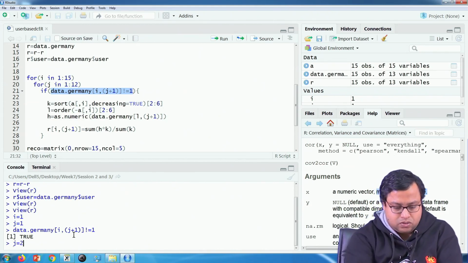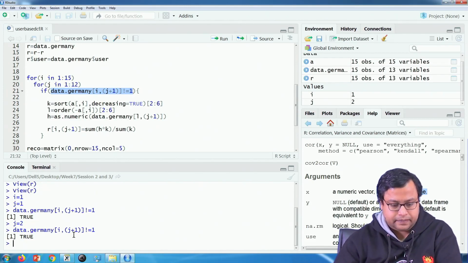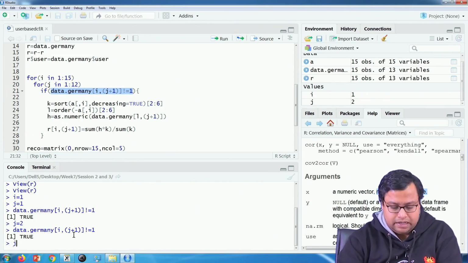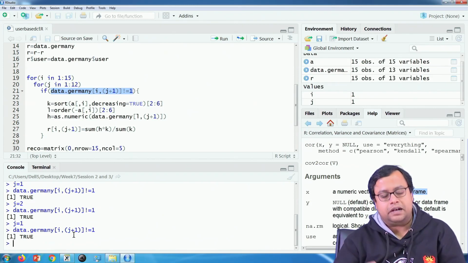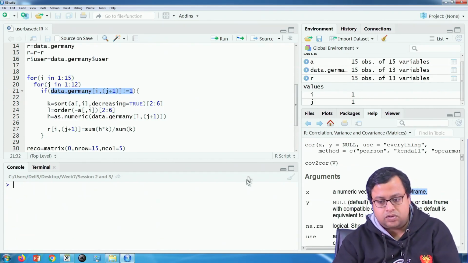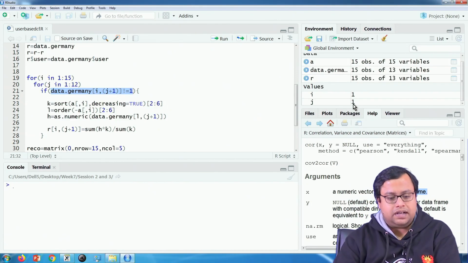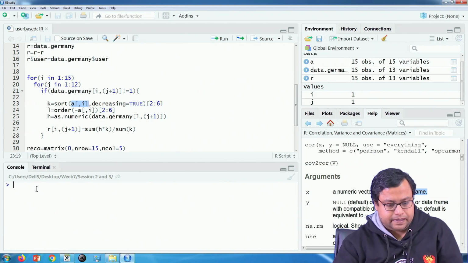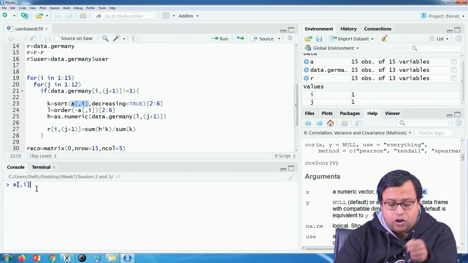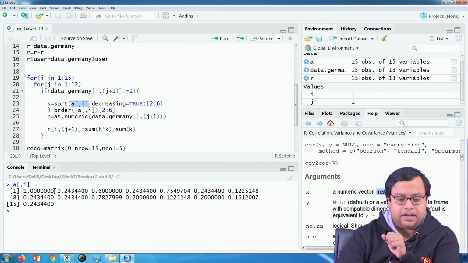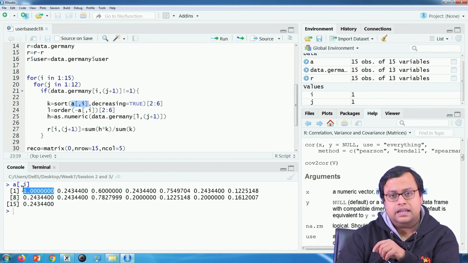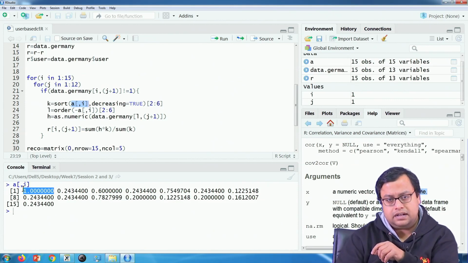So let us say j is equal to 2, then not equal to 1, okay, it is not equal to 1, sorry. So j equal to 1 is what we will try. So this is true, that means it comes into the loop. i is equal to 1, j is equal to 1 currently. If i is equal to 1, j is equal to 1, what is A comma i? That means A's ith column. This is the correlation values. i is equal to 1, that is why his correlation with himself is the highest, no issues in that.